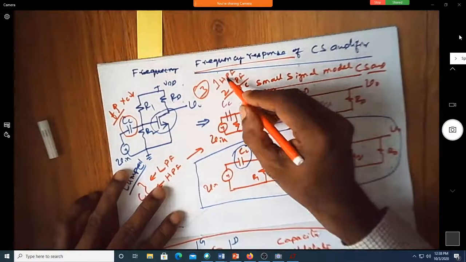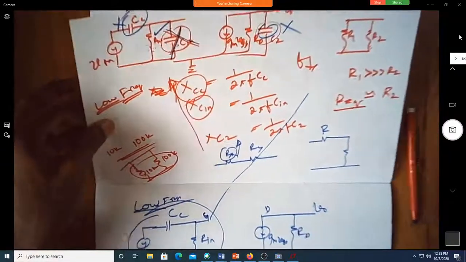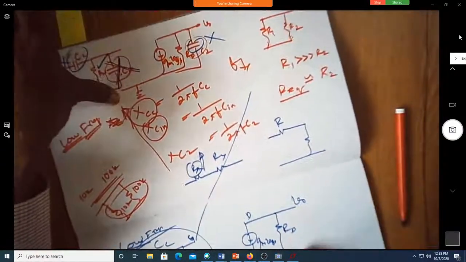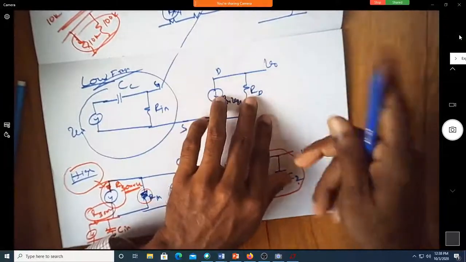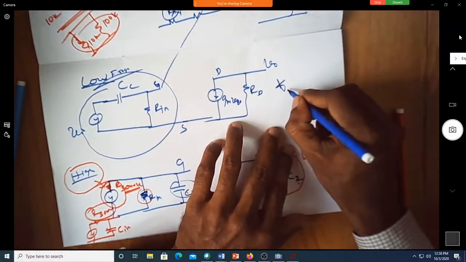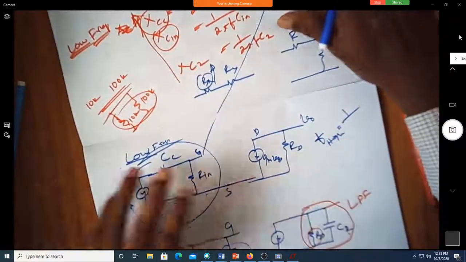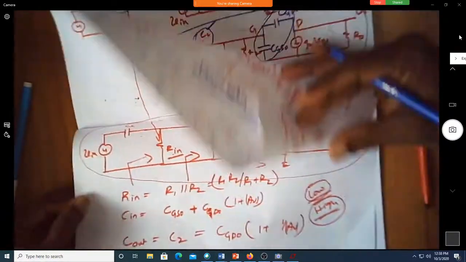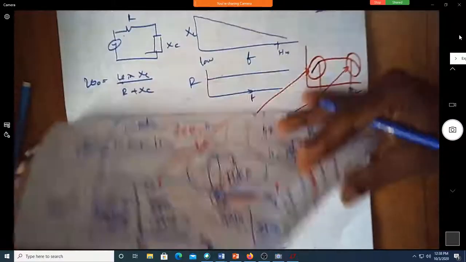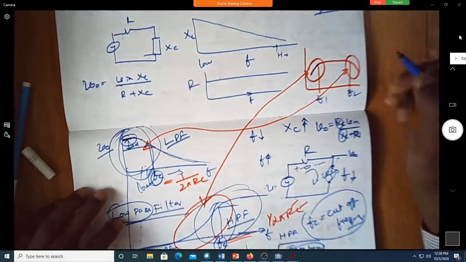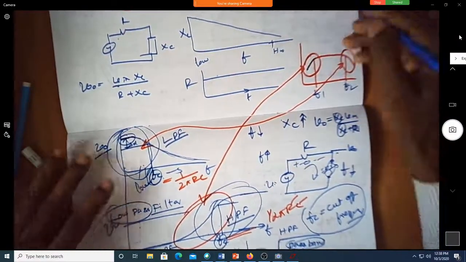So when I say one high pass filter, what is the cutoff frequency of that high pass filter? Shall I say this is one of the high pass filters? Because when we wrote the expression for cutoff frequency, maybe in the last class, did we write this as your high pass filter? What is the cutoff frequency?